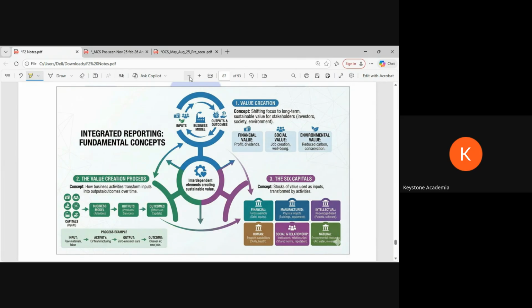However, as we discussed, this is not a legal requirement, but big companies and listed companies do that. For us, doing it may be helpful or maybe not. What do you suggest? Shall we report on these areas? What will be the advantage and disadvantage? If we start reporting on the six, or maybe five, we cannot do six because manufacturing is not relevant.